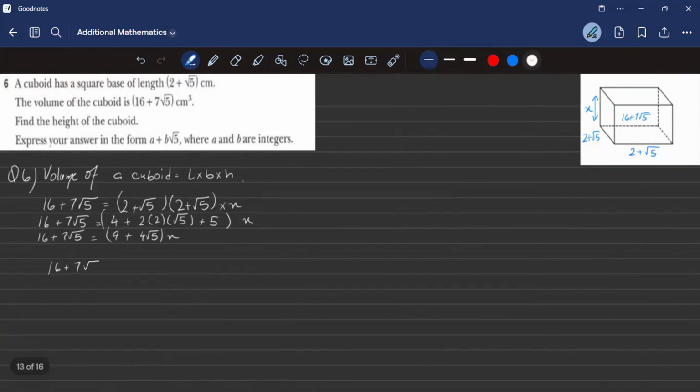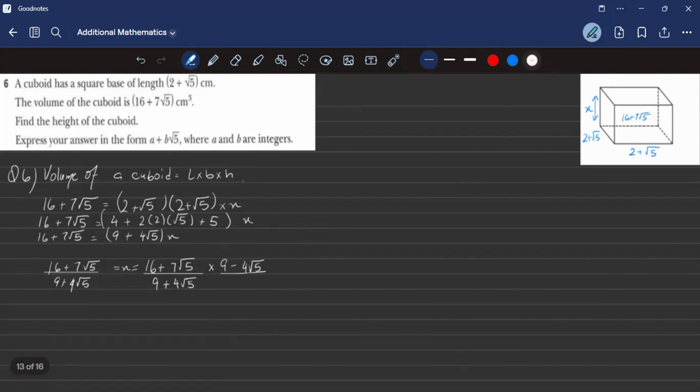Now simplify this again, bring this into the division form to find out the value of x. 16 plus 7 under root 5 divided by 9 plus 4 under root 5 is equal to x. Now the thing is, again, a rule we have discussed, surds inside the denominator is unacceptable. So we are going to rationalize this. And what are we going to rationalize this with? We are going to rationalize it with conjugate surds. So 16 plus 7 under root 5 divided by 9 plus 4 under root 5 multiplied by 9 minus 4 under root 5